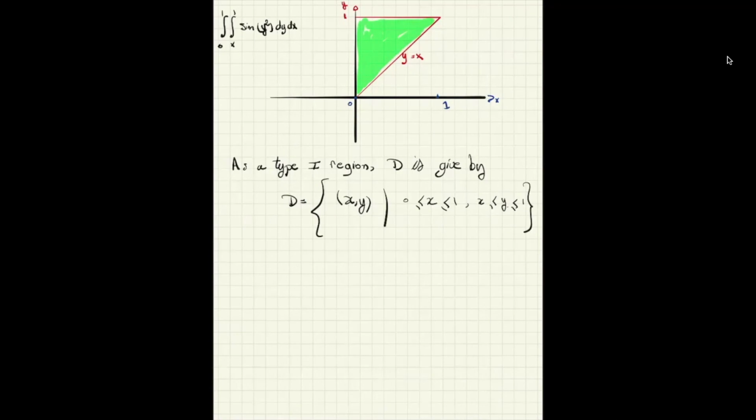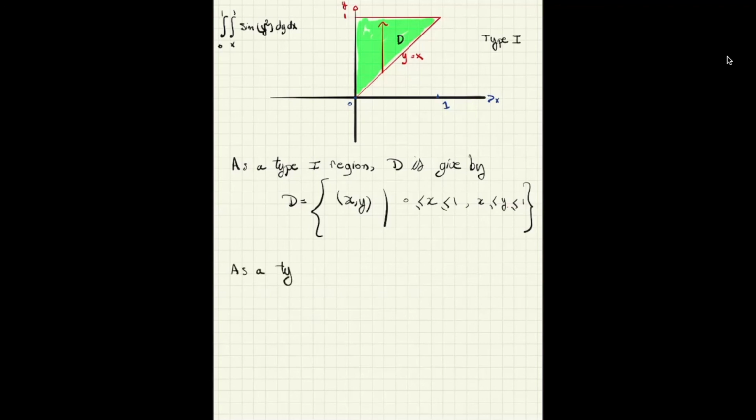Yeah, so that's the region D, and then it's expressed as a type 1 region, right? Okay, so that's type 1 region. Now, as a type 2,